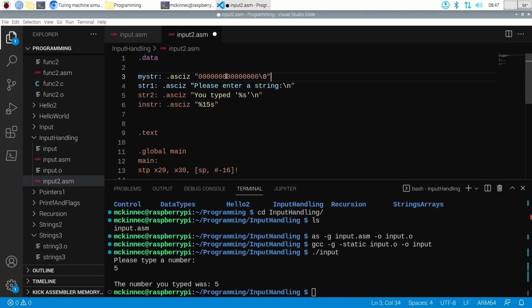Okay. 16 characters. What's the last character? A \0? That stands for a null terminator. So this is 15 characters of 0 followed by one null terminator. Is that okay? Okay. So if I accept 15 characters from scanf,